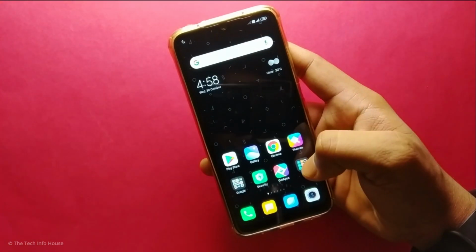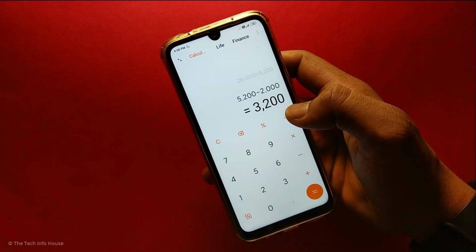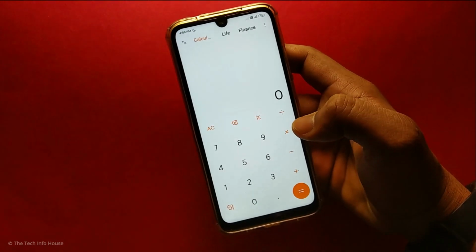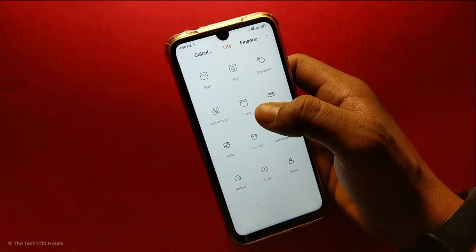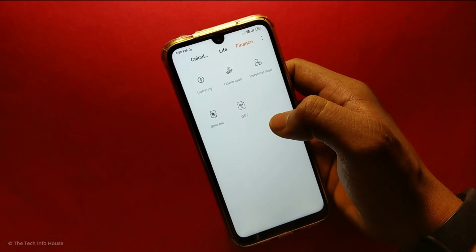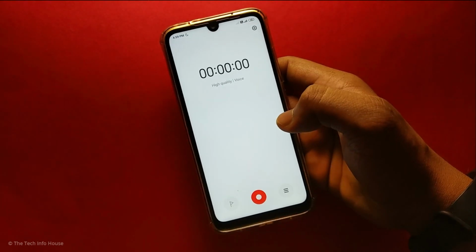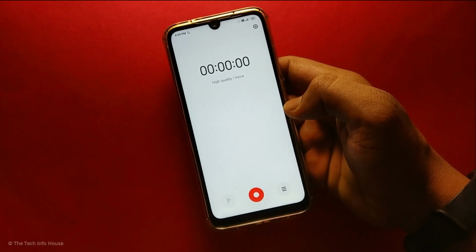And we have also seen changes in the calculator app. The overall calculator user interface looks really cool now. It's quite similar but at the same time different, and now you get different options. As you can see, BMI, age, discount. You also get GST calculation, which is something that I have to test. Anyways, other than this, you also get a refined audio recorder, and this is something that I use and